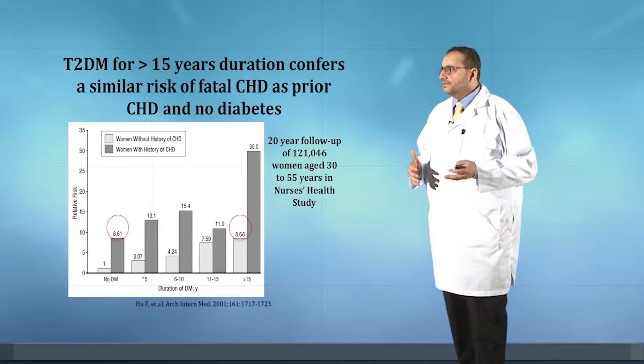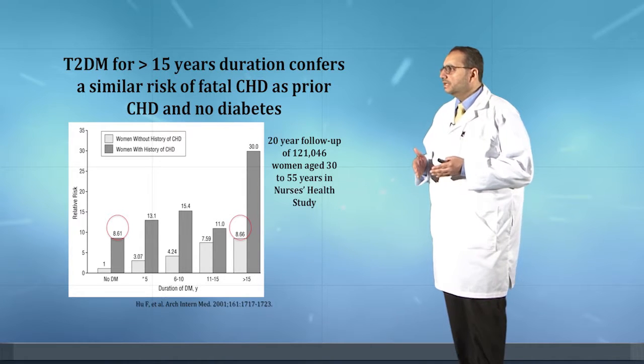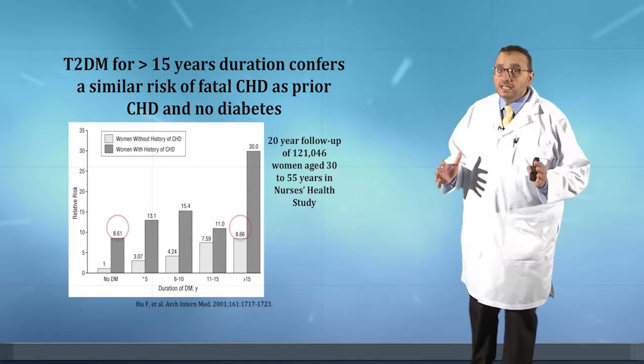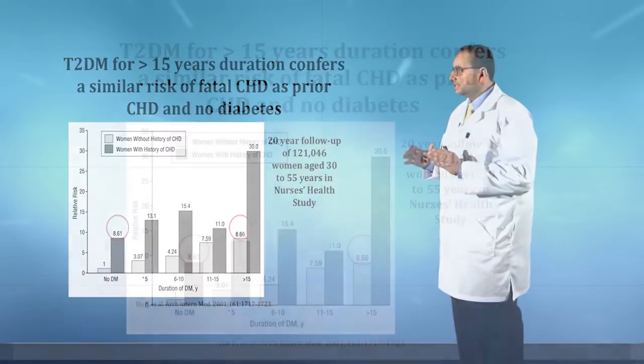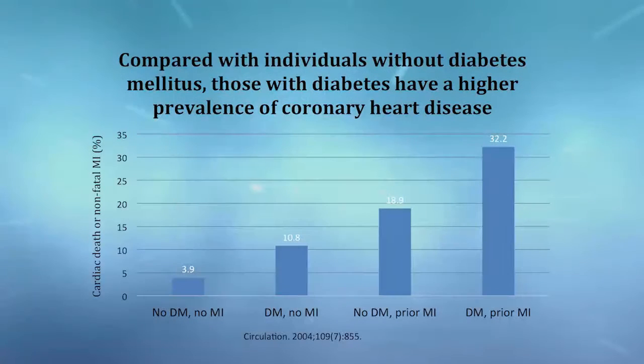In another study, published in the Archives of Internal Medicine in 2001, they followed for more than 15 years more than 121,000 patients with T2DM, women mainly of age 30 to 55, and they had a higher chance of coronary heart disease with diabetes compared to non-diabetic patients. And if we compare individuals with or without diabetes, with MI or without MI,